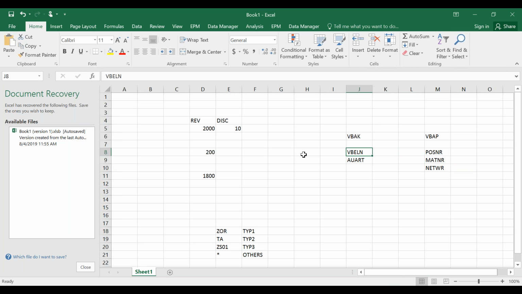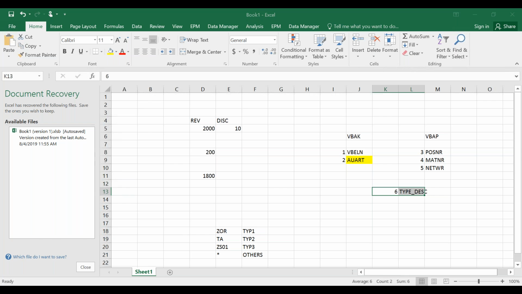These are the 5 columns we will take, and the 6th column we will create at runtime, something like this: type description. So we are trying to give the description of AUART at runtime.